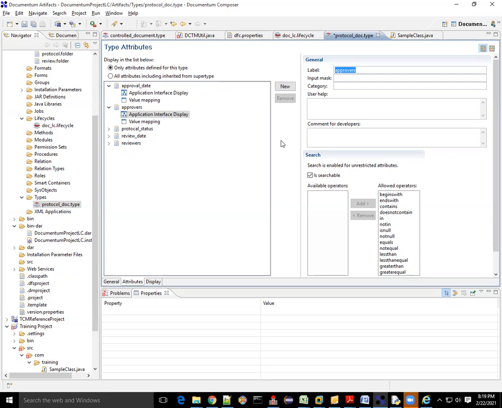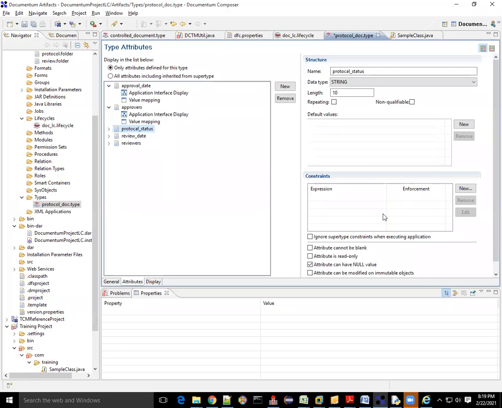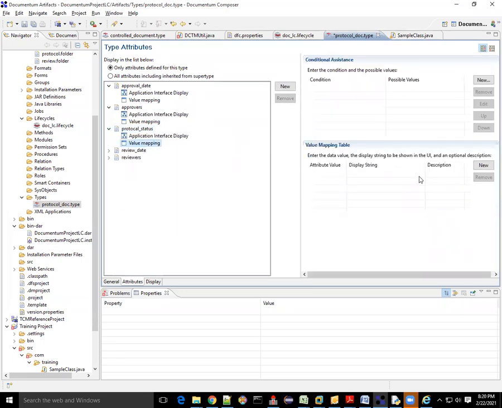An attribute has some label. You can put a label on the attribute. You can put a constraint on the attribute. For example, see, we have these states, status protocol. So protocol status should always be draft. What are the three states? Draft, review, and approved, right? So here we can say only the draft,